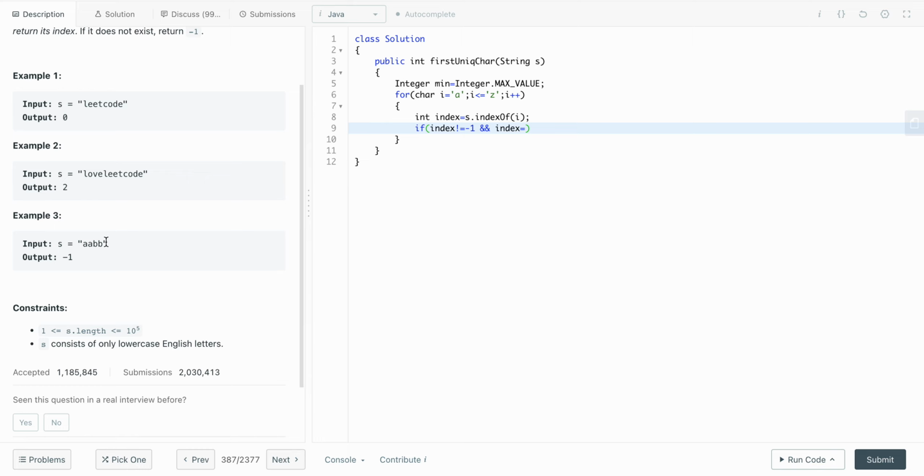So I'm thinking of a condition like this: the first index. Index is containing the first index of a. I'll take out the last index of a. If it's uniquely present, then its first index and last index should be the same, because it is present only once. So I'm checking with that condition. So the first index should be equal to the